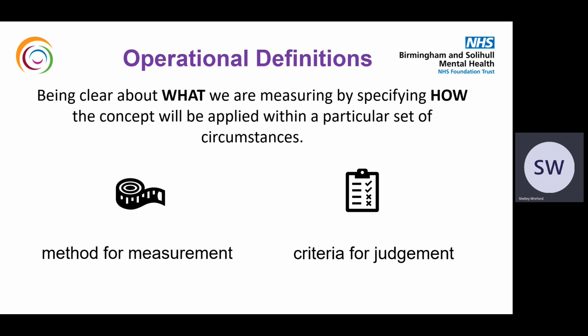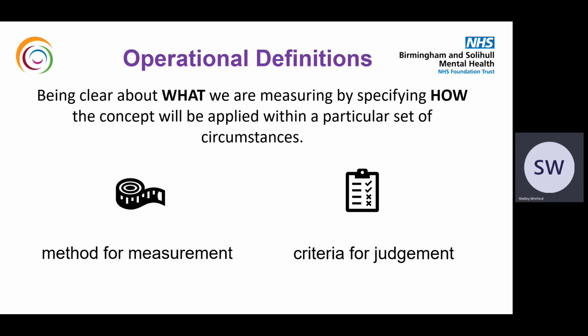Having this level of clarity improves the consistency of your measurement because it reduces variation in how each measure is understood, applied and replicated. Consistency of measurement is important in quality improvement projects because if data is understood and or collected differently, it makes it hard to know whether changes in data are due to the changes tested or from inconsistencies in the data collection.